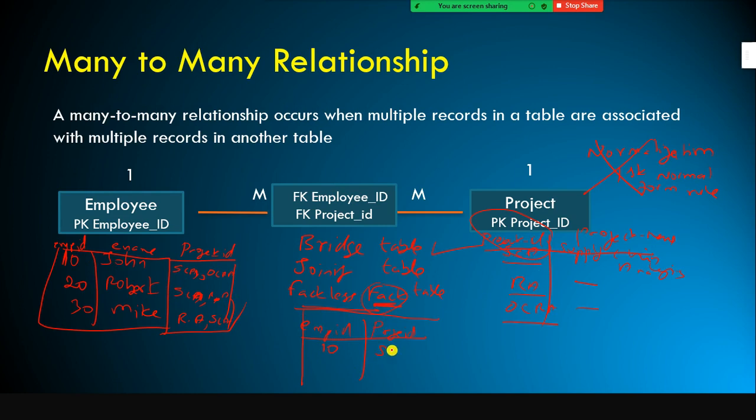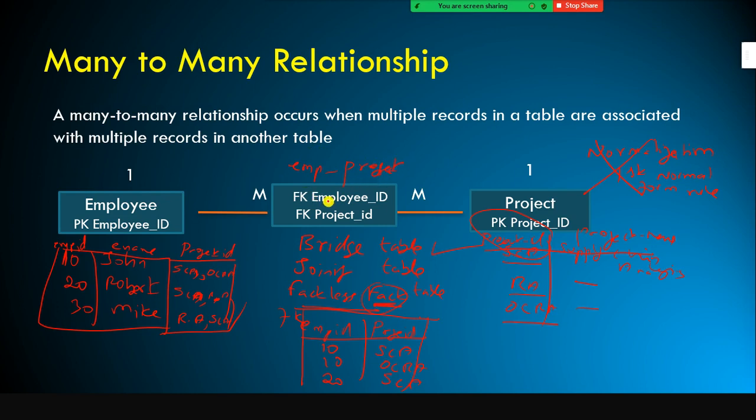So here, for example, John is working on SCA, and the same employee John is working on omni-channel retail analytics project, and the employee Robert, right? So he is also working on SCA, something like that. Okay, here you can have duplicates because this is the foreign key, and even this in the bridge table. So I call this an employee project, EMP project table.